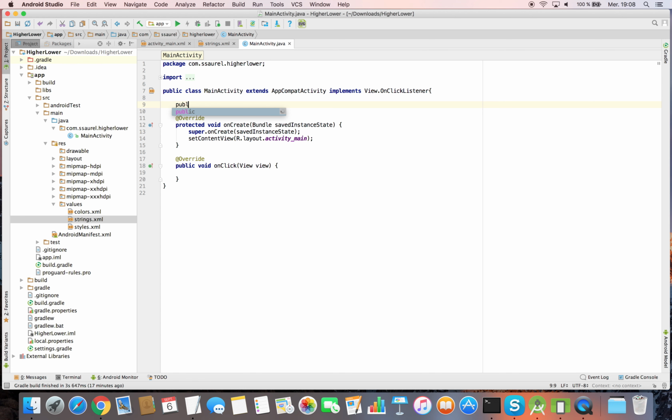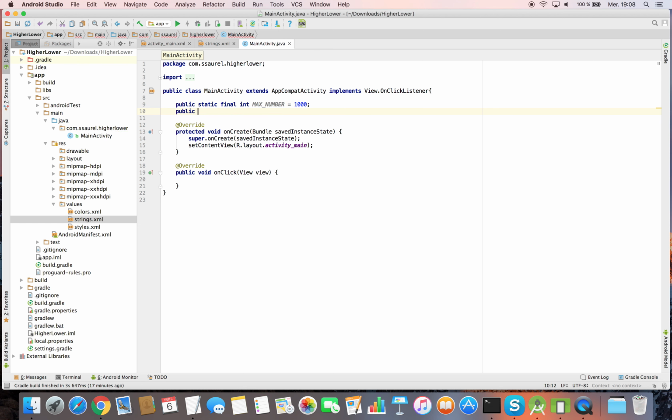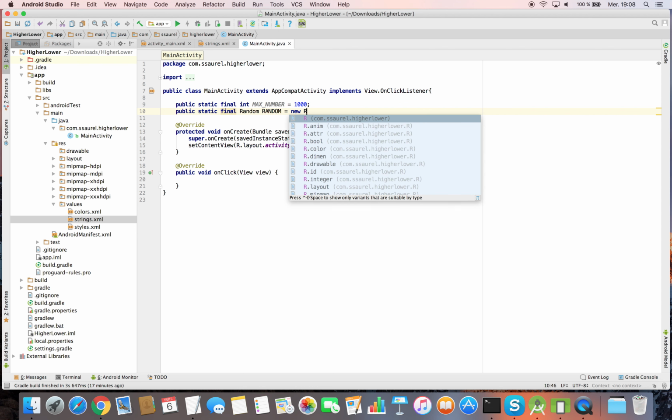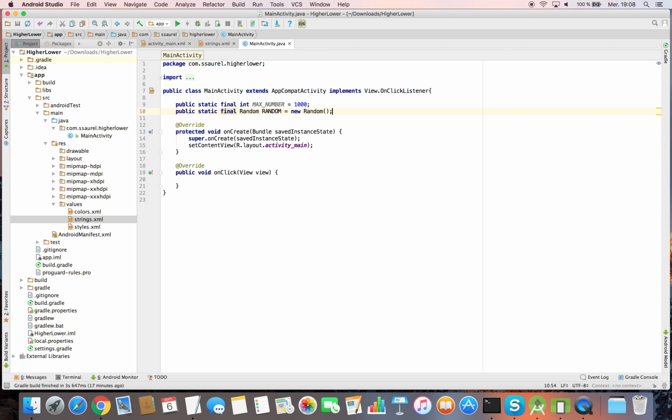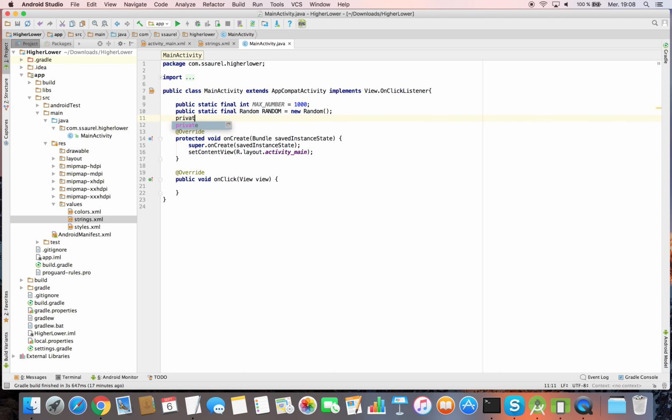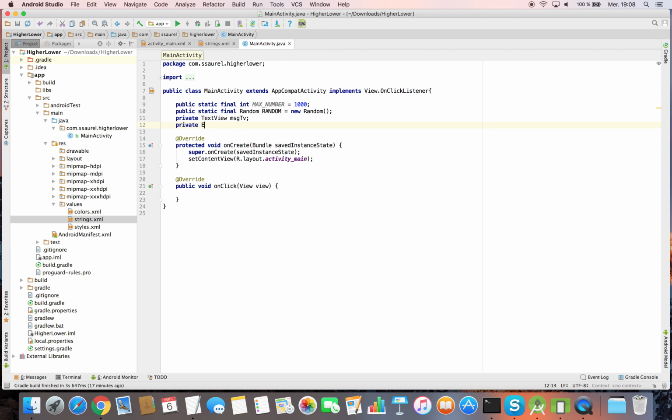We define some properties like the max number to guess, the random object used to generate a new number, we define properties for the views references, for the text view, the edit text, and the button.